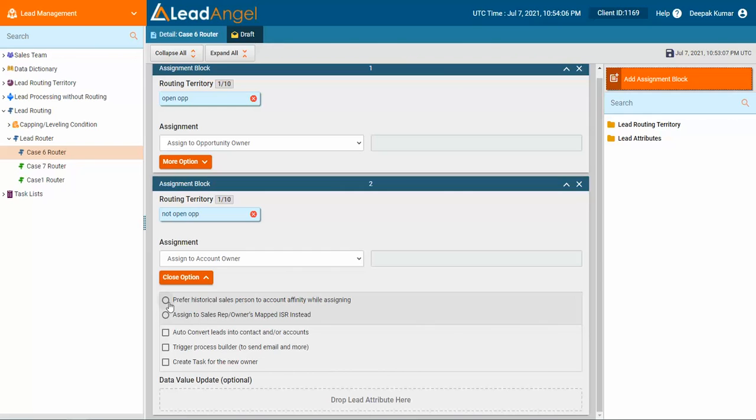Both of them cannot be selected. When we select prefer historical salesperson to account affinity, the system is going to assign the lead from the company to the owner who had gotten the lead from the same company in the past. So it's going to give preference to the historical assignment, on who had handled the lead from the same company, as opposed to directly assigning it to the account owner. And if there is no historical record, then of course it will go to the account owner. So it's kind of an override if there is a historical